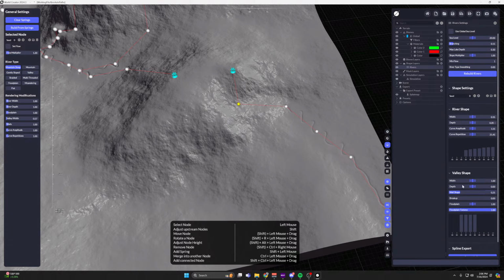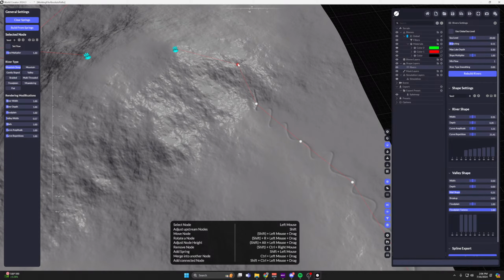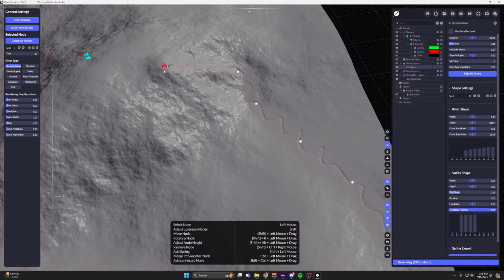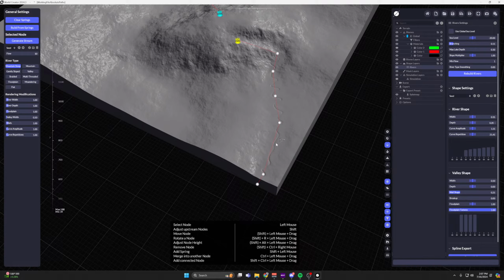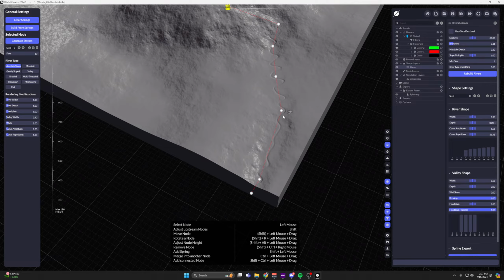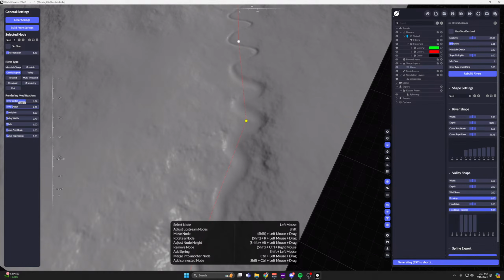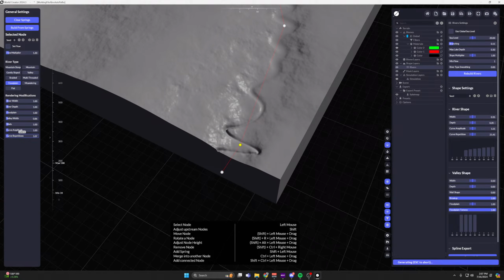So with Valley settings, it's kind of a give and take. It's a lot of adjusting to see what exactly you like, but it's a simulation. Maybe break that up some. There we go. Maybe for this node right here, we want to make it wider and slightly deeper, just like that. And out here, maybe this one is a floodplain, and maybe its amplitude is really wide,